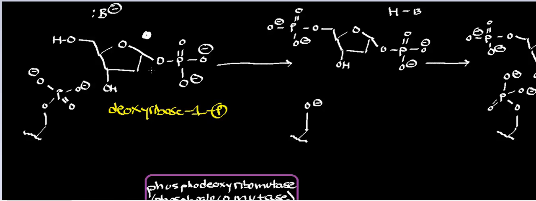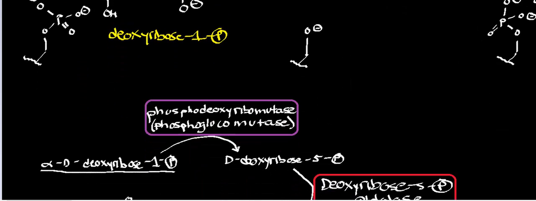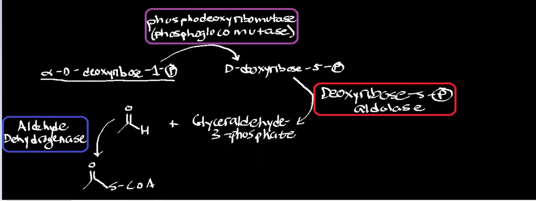Well, we can't really do much with deoxyribose 1-phosphate, so we've got to get it into a form that we can use. And that's the final form we're going to get it into, which is deoxyribose 5-phosphate. This sequence of events is what's going to happen when we have excess deoxyribose 1-phosphate. So all of this is the catabolic pathway for deoxyribose 1-phosphate. The reaction that we're going to look at in this particular video is this one shown right here. This is called